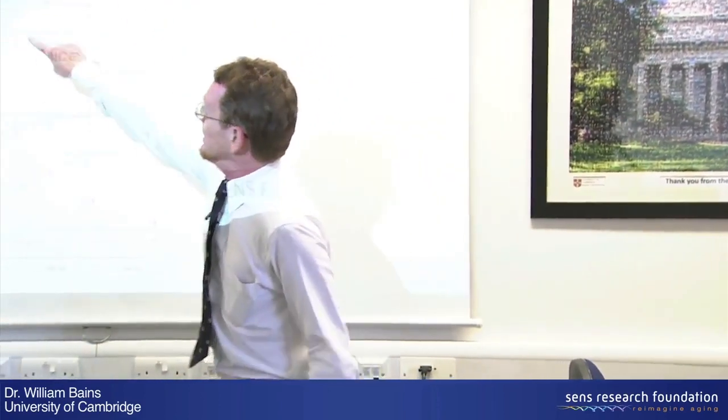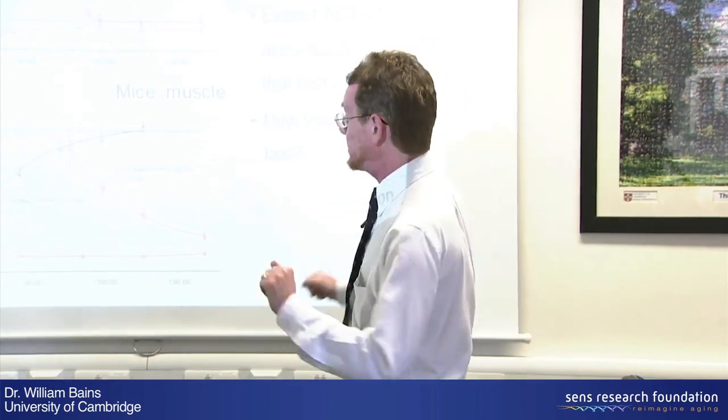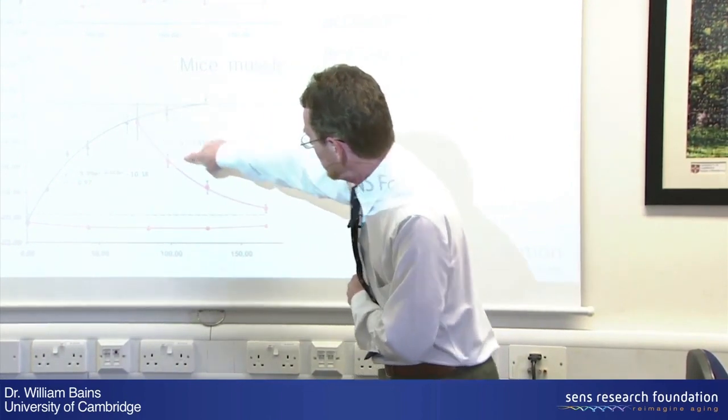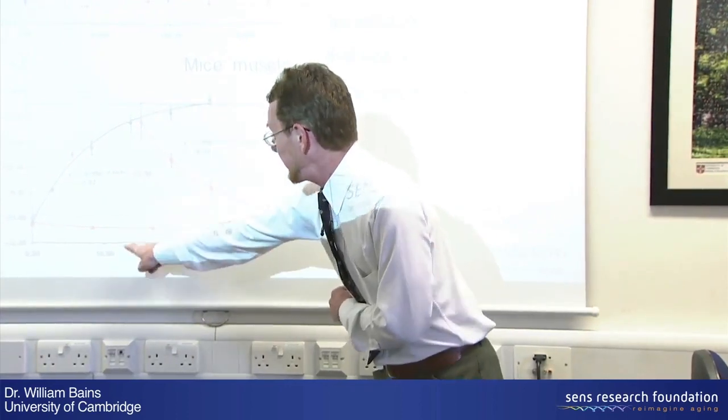And this is two bits of data from this particular study. The top one is looking at liver. Here's the carbon-13 going into the liver. Here it's coming out again. And it goes in quite quickly and then it comes out quite quickly. Your liver gets turned over pretty quickly. Liver gets replaced, repaired, regenerated. Muscle, different story. Here's the carbon-13 going in, really quite slowly. Here's the carbon-13 going out. They stop feeding the mouse carbon-13 at about day 60, and some of it is still here at day 160. Some of the proteins of this mouse muscle were lasting in the mouse at least 100 days.